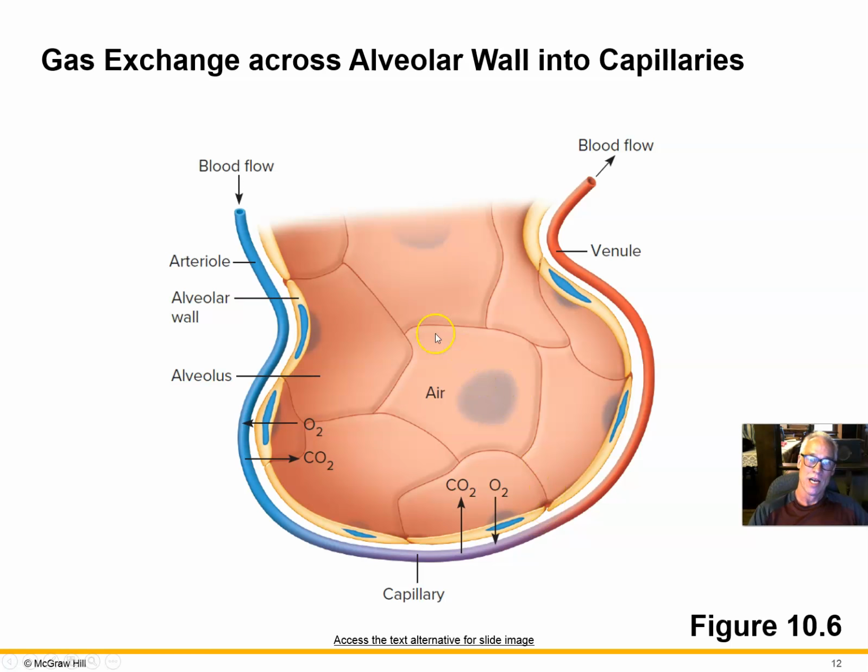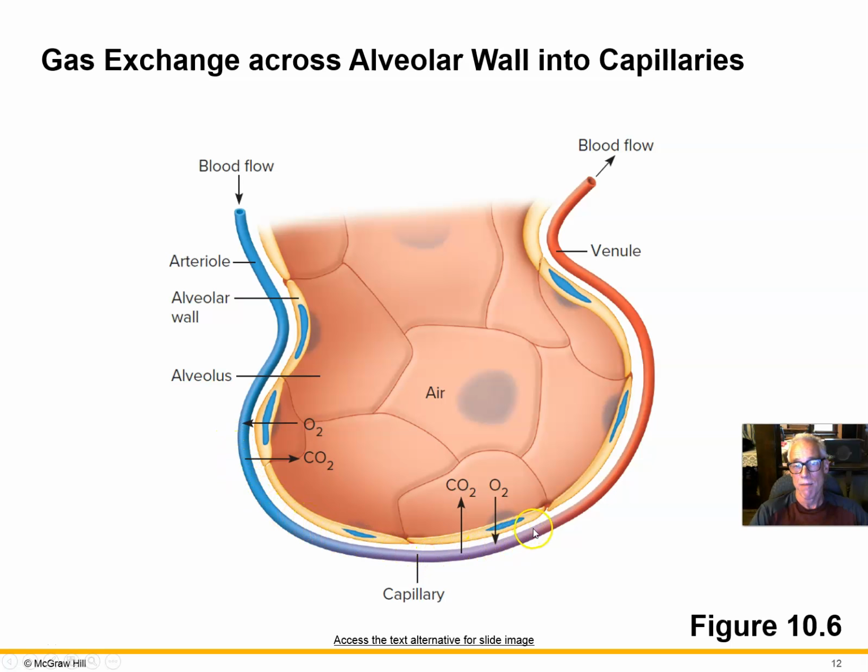So every air sac, every alveolus, is a little balloon made of thin cells, alveolar cells. Surrounding the alveolus, this little air sac, we've looked at it like a cross-section through the air sac so we can see the edges of these cells, but it would normally be a sphere, essentially. There's blood capillaries covering almost the entire wall of the alveolus so that blood coming from the tissues that had oxygen extracted from it